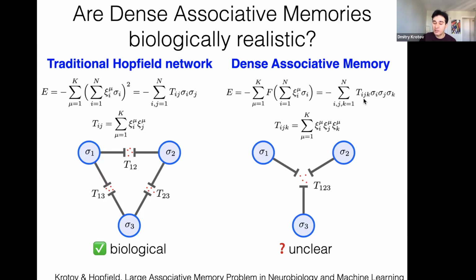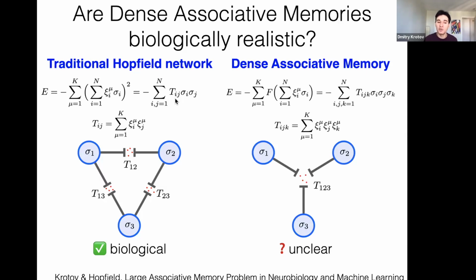Now let's think for a second about what this means biologically. In the conventional Hopfield interpretation from back in the 80s, one would interpret the coefficients T_ij as the synaptic weights between neuron i and neuron j. And that makes perfect sense because neurons in biology talk in pairs, right? There is a presynaptic cell, there is a postsynaptic cell, and there is a synapse that stores the information in between those. Indeed, there is a bit of a problem here with biology because there is a weight transport, right?